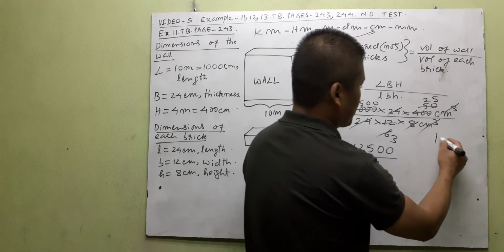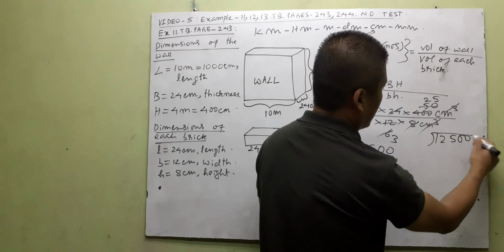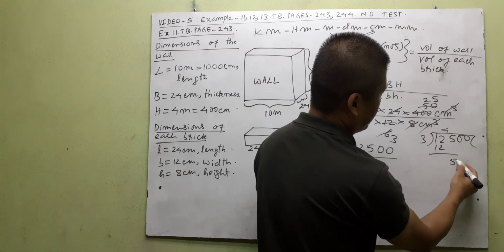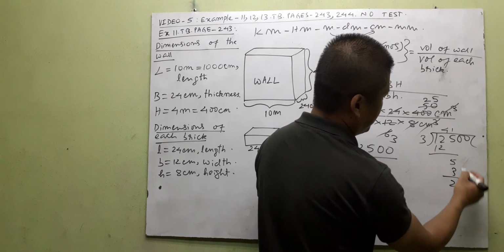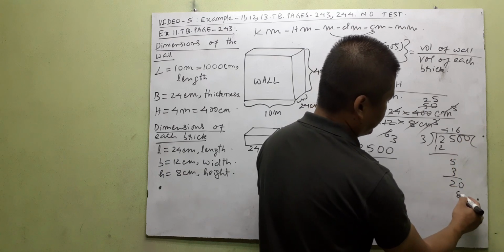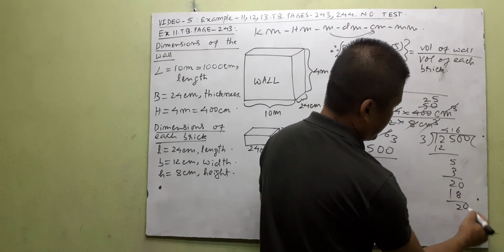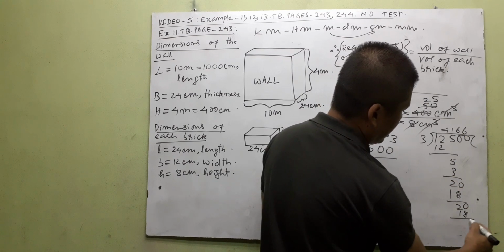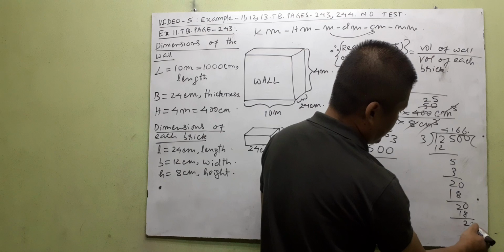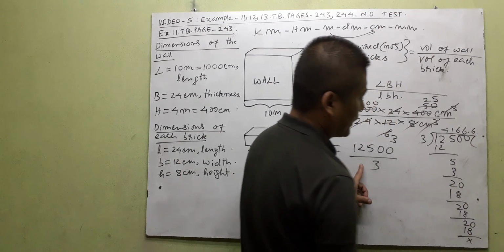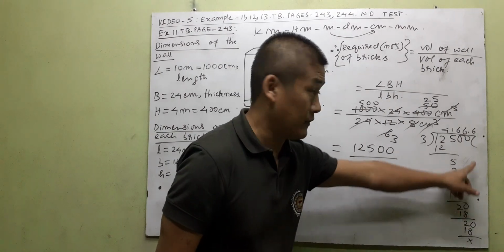Okay, so we divide this one: 12500 divided by 3. 3 4s are 12, no remainder. 5 1s are 3, 2, and then 0 comes down. Then 3 6s are 18, 2 remain, 1 more 0 comes down. Okay, 3 6s are 18, and then 2 remain, point and 0. 3 6s are 18. Since we are calculating the number of bricks, you can just stop there after the first decimal,